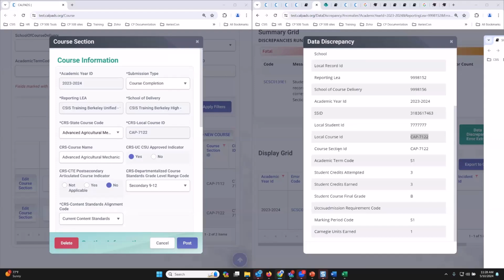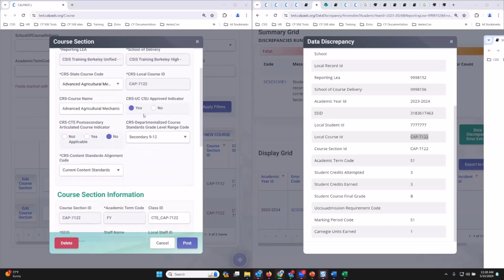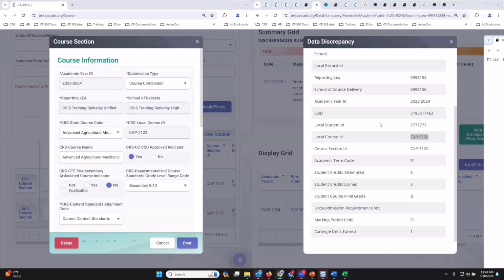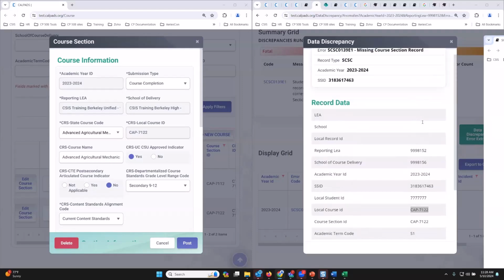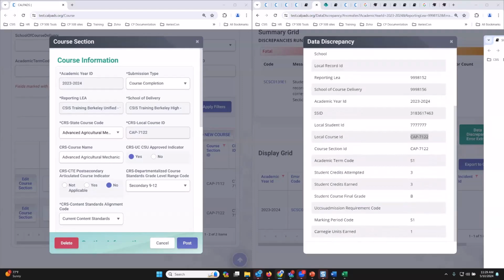I then compare school course of delivery, Berkeley High, which is, okay, and this is essentially Berkeley High 9156. Now I compare local course ID, academic year 23-24. I have it on 23-24, right?